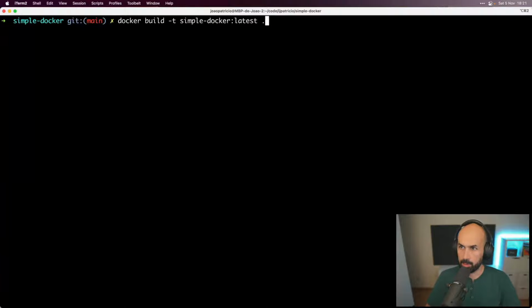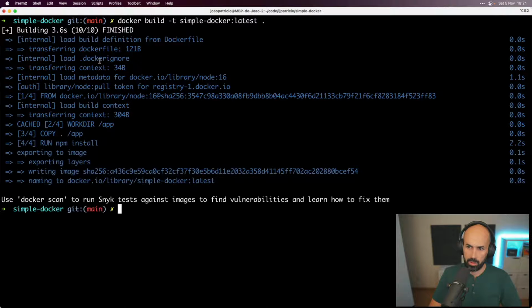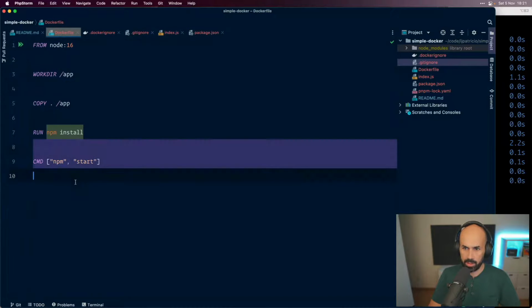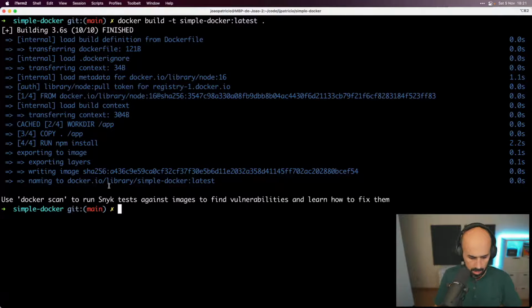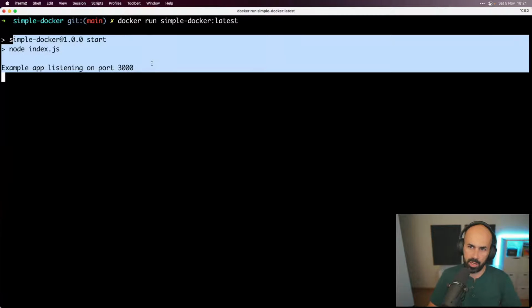So let's build our image again, and we have it built. Now the start command is different, so let's run it once more, and notice that it's running the node application.